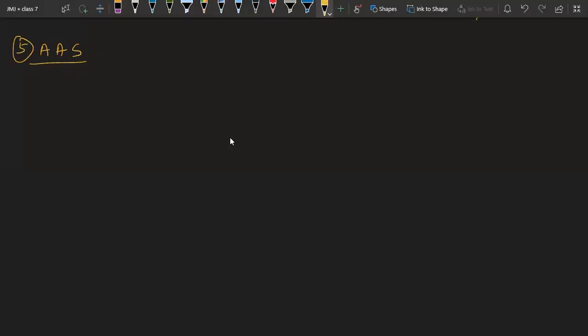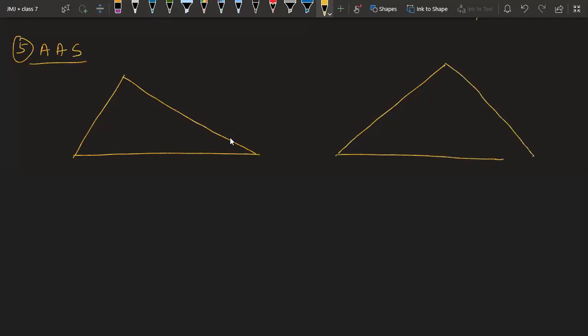So let us see two triangles in which, suppose A, B, C and P, Q, R. This angle is 30 degree, 90 degree, 90 degree, and this is 5 centimeter and 5 centimeter. So again, if you see in continuation,